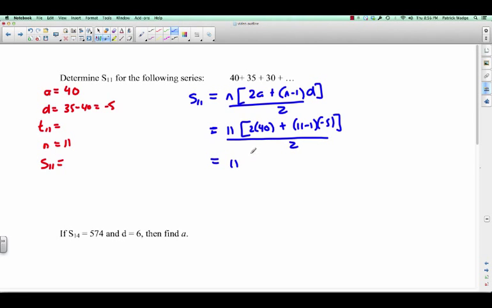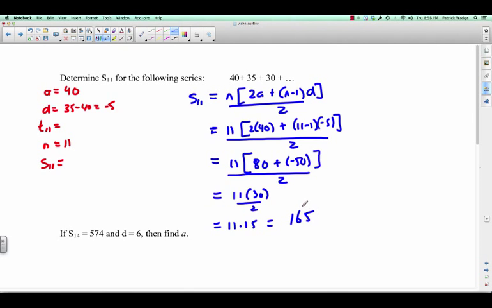So do it in the right order. Brackets first, 2 times 40 is 80. Let's do this in one step. 11 minus 1 is 10 times negative 5 is negative 50. Whoops. And we're going to divide by 2. So we get 11 times 80 plus negative 50 is 30. And we're going to divide by 2. I could do that division right there. So I get 11 times 15. And 11 times 15 is